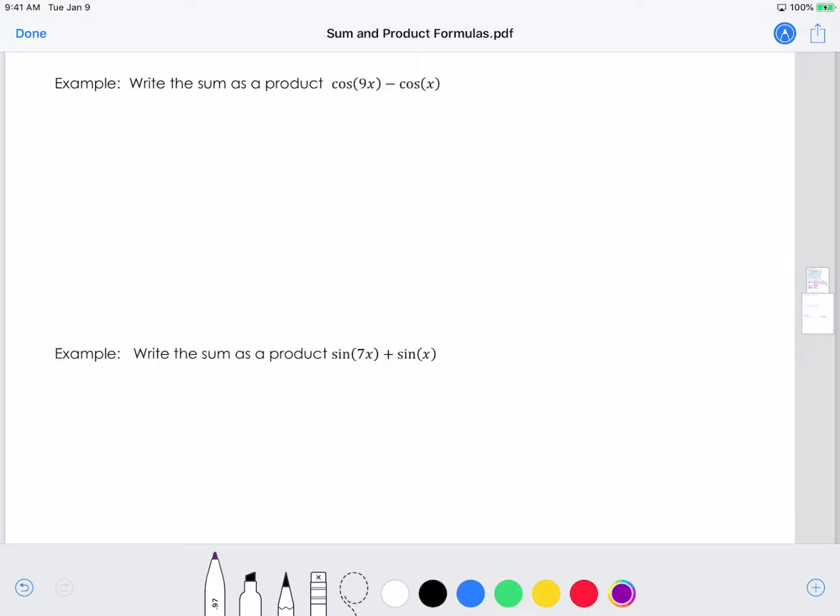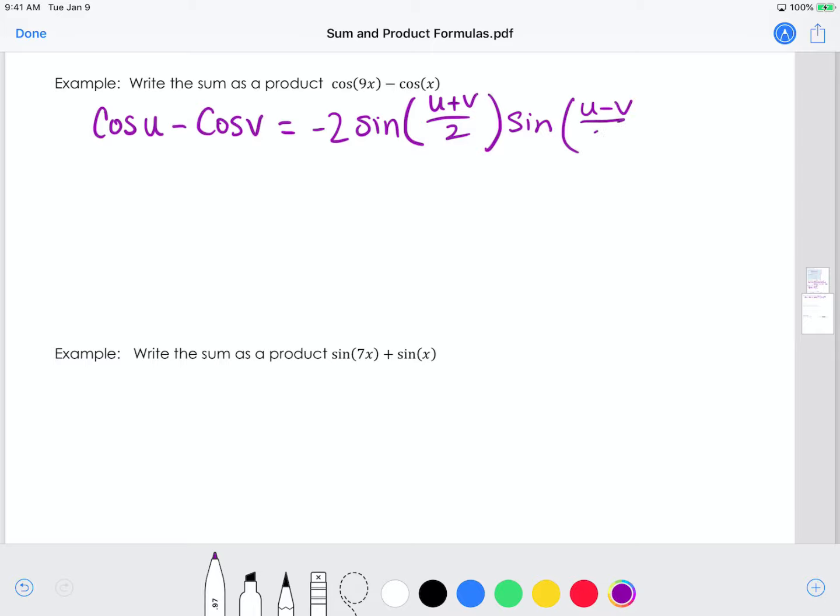Okay, now we have a sum or a difference, and we want to write it as a product. Now, if you look at the formula box above, we have the formula cosine of u minus cosine of v is equal to negative 2 times sine of u plus v all over 2 times sine of u minus v over 2. So if I look at the 9x as the u and the x as the v,